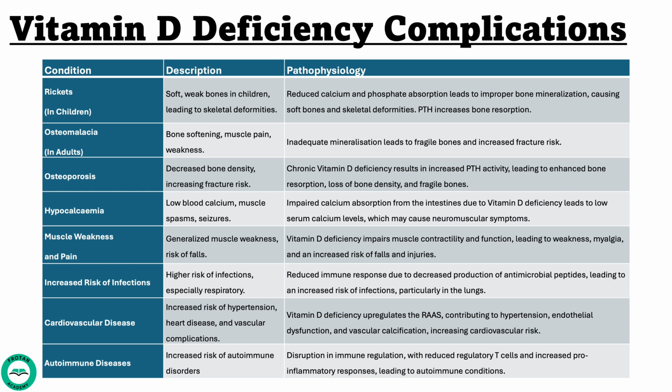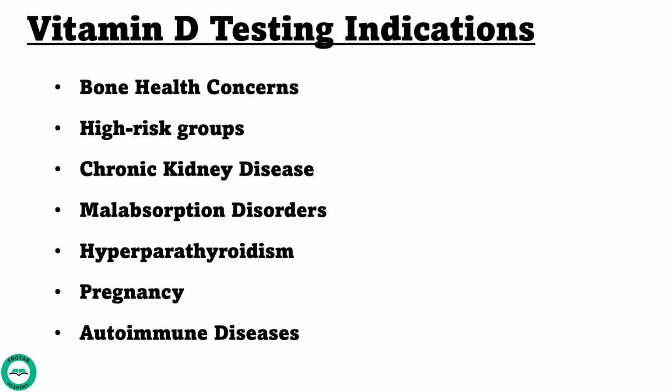Chronic deficiency is also linked to an elevated risk of osteoporosis, impaired immune function, and increased susceptibility to infections, autoimmune disorders, and chronic diseases like diabetes and cardiovascular disease. Vitamin D testing is critical in various clinical situations to assess and manage potential deficiencies or disorders related to vitamin D metabolism. The main indications for vitamin D measurement include bone health concerns, diagnosing and monitoring conditions such as osteoporosis,